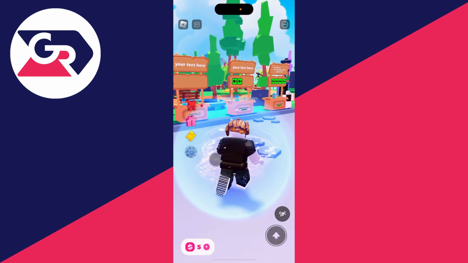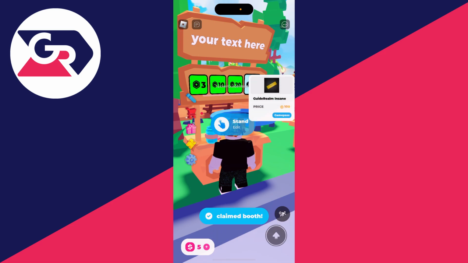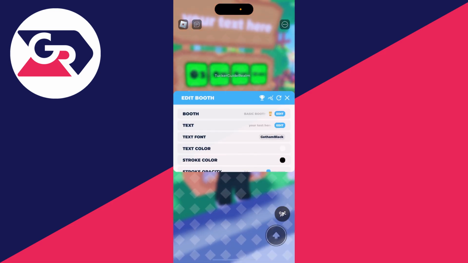That's it. Now here we are and find an unclaimed stand. We can claim it, and as you can see, we've now added a donation button. And you can continue making your stand by coming through the edits